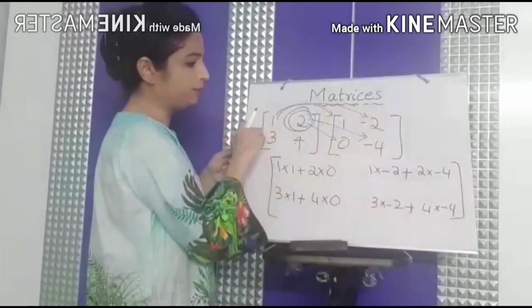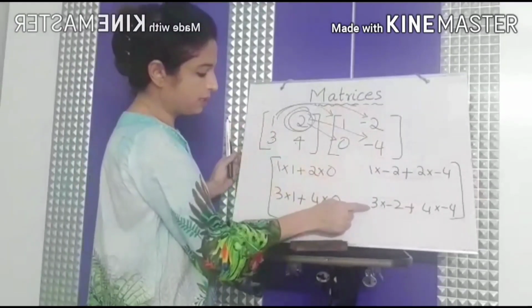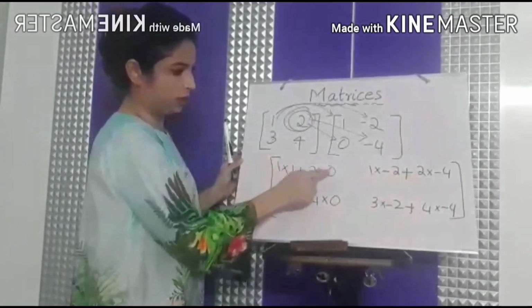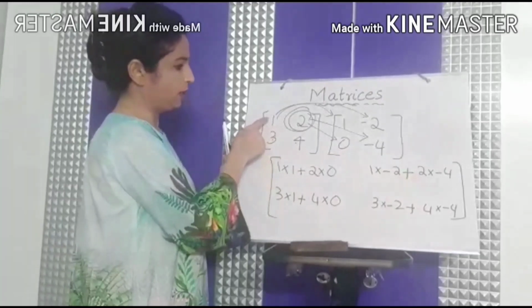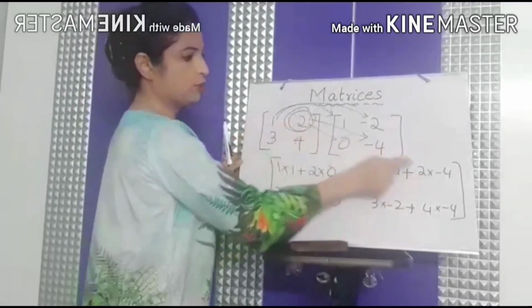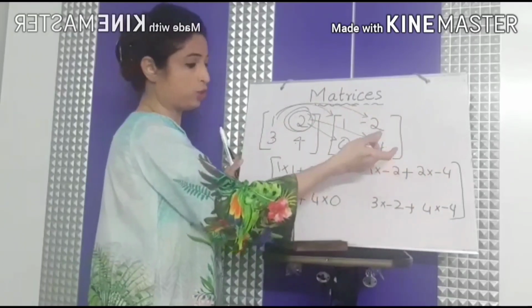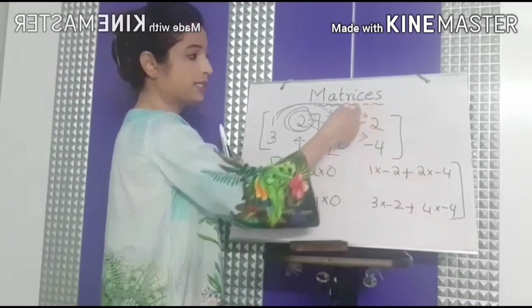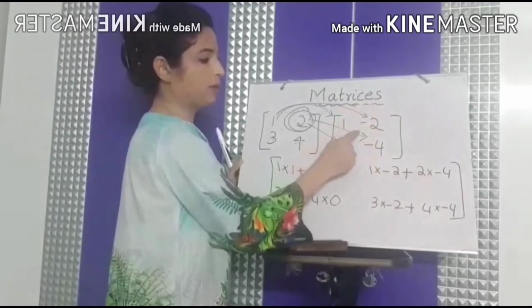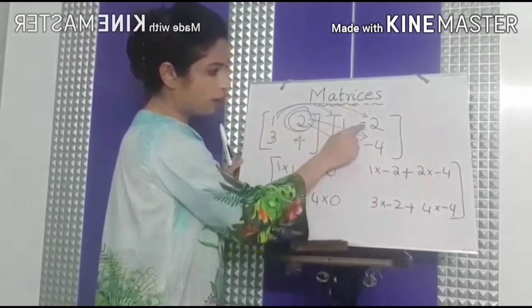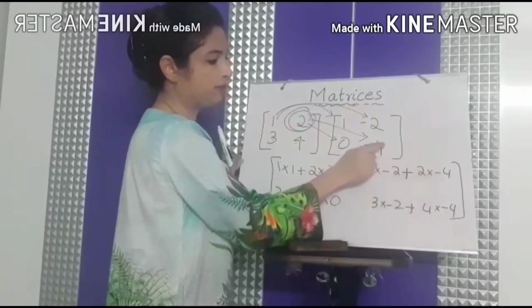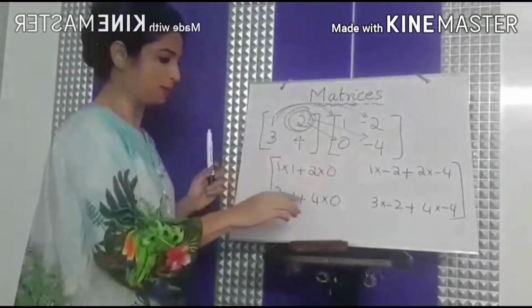And similarly here, look, these are the same numbers which are here, from the first matrix: 1, 3, 2 and 4. And now the numbers by which they are getting multiplied are the second column of the second matrix. So minus 2 and minus 4, minus 4. So you can check your steps here.